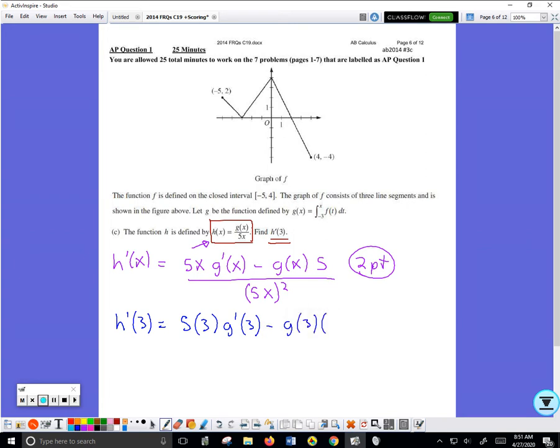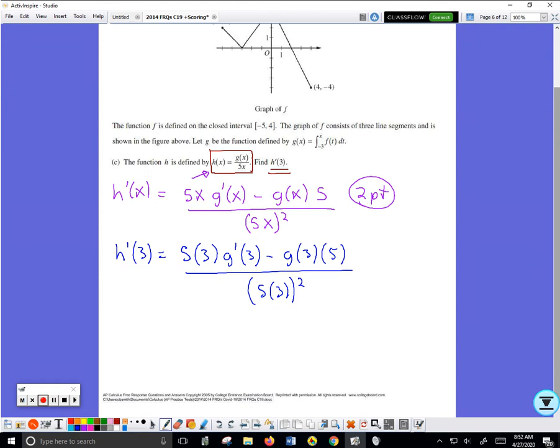We can just write down that that's multiplied by 5, and it's all divided by 5 times 3 all squared. Just be careful where you're putting the parentheses. You don't have to work anything out. You just have to find some value. So then you just write h prime of 3